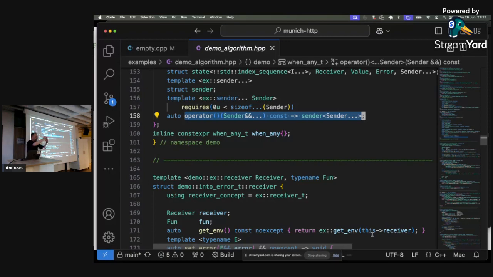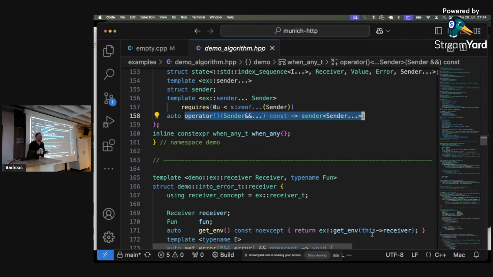So when you combine these two things, you actually create a new entity which is called an operation state. An operation state has really just one operation. I think it should have a little bit more, but it has really just one operation, which is start. So once you have an operation state, it's still inert. It just sits there and gets started when you call start on it. And start does whatever the sender is meant to do, and basically arranges for, well, once I'm completed, I call